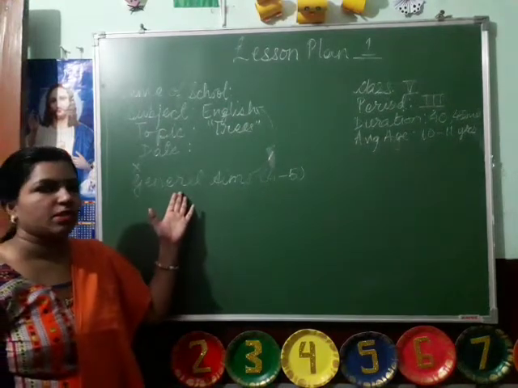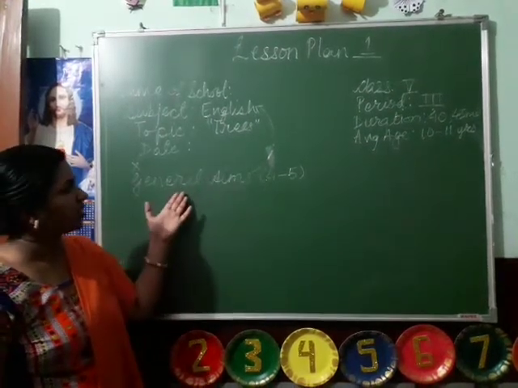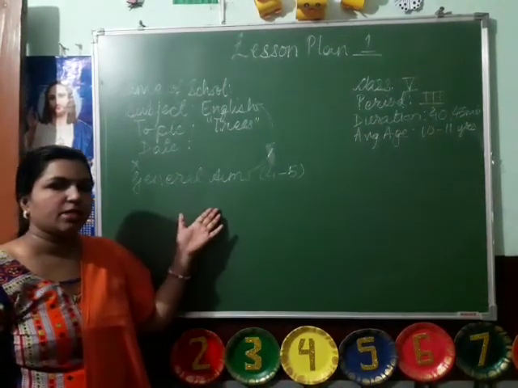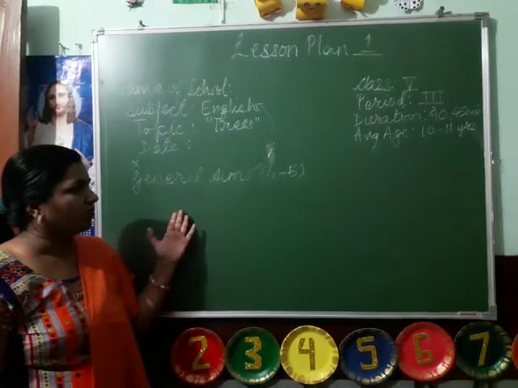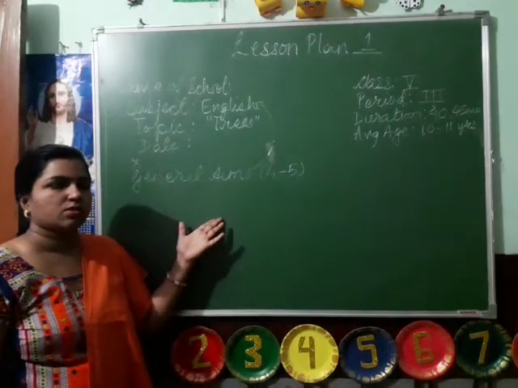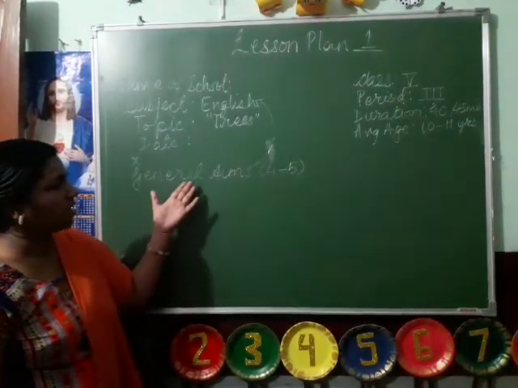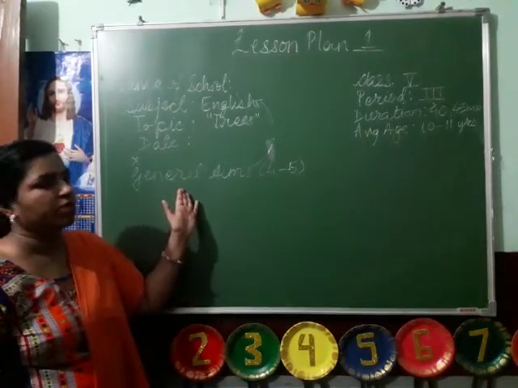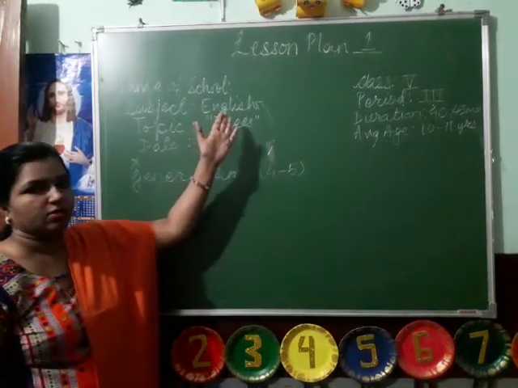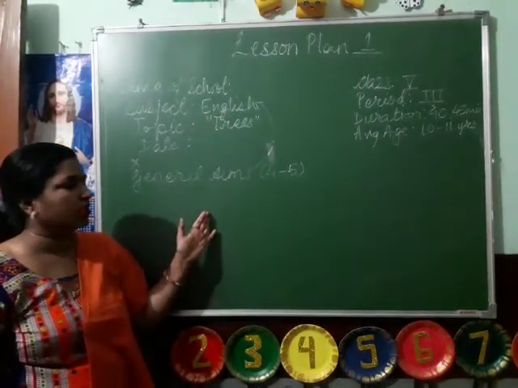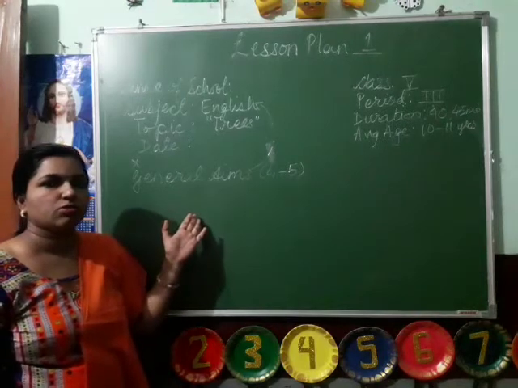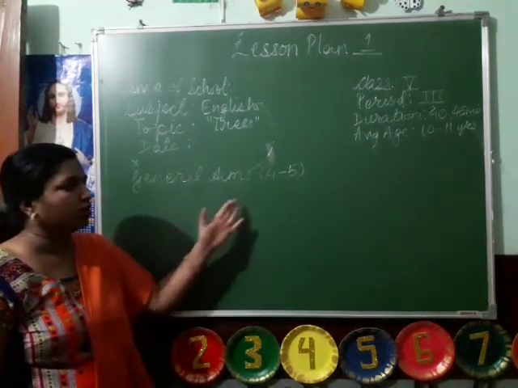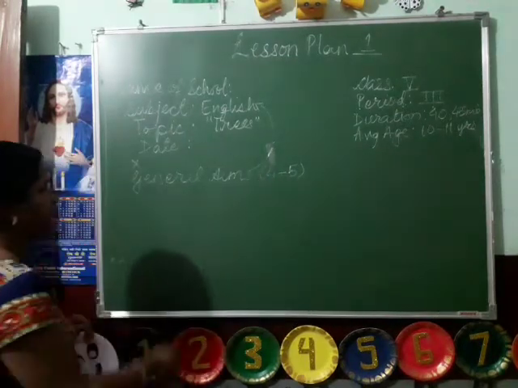Suppose for example I am telling you the aim of teaching English here is to develop the vocabulary of the students, to develop the stress and intonation of the students, to develop the imaginative power of the students. So these are the aims that you are going to write here below general aims. So general aims, you have to remember, are subject related. Whatever the subject is, suppose you are teaching science, what is the aim of teaching science? To develop the logical power of the students. So you will write here all the aims, and then there are 4 to 5.